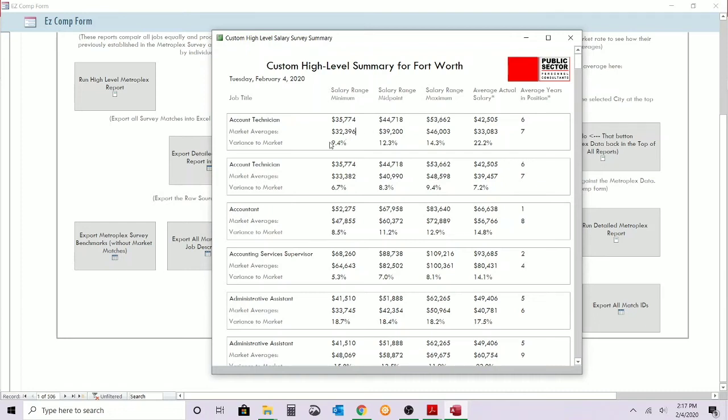So you can see for this accounting technician, the city of Fort Worth is 9% ahead of market at minimum, 12% ahead at midpoint, 14% ahead at maximum, and 22% ahead on actual salary. Again, disclaimer on these numbers here. You can start to see that these numbers sometimes in the real world don't perfectly play out. For example, the market average for an accounting technician is $33,000. You can see that that's only